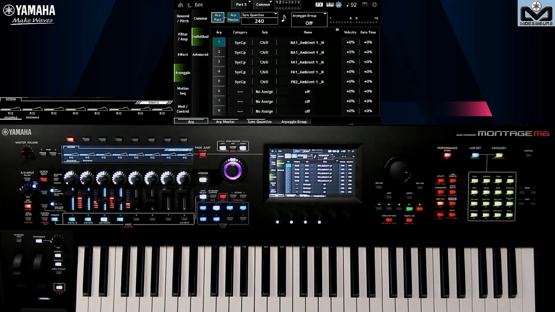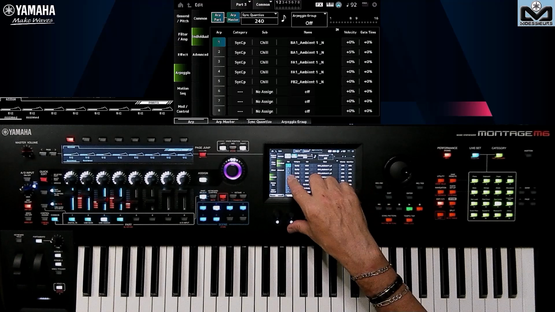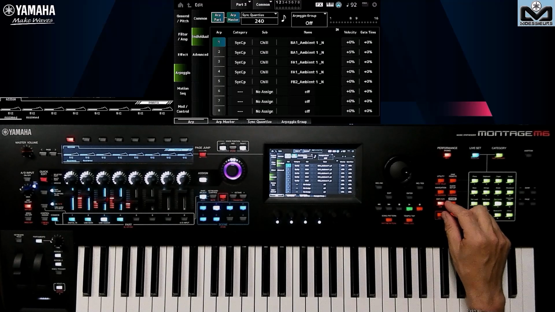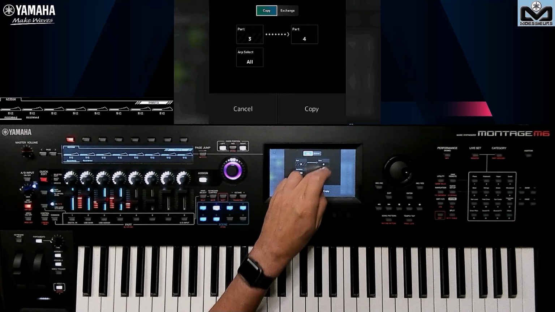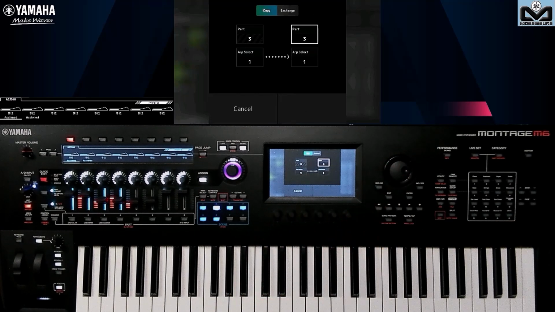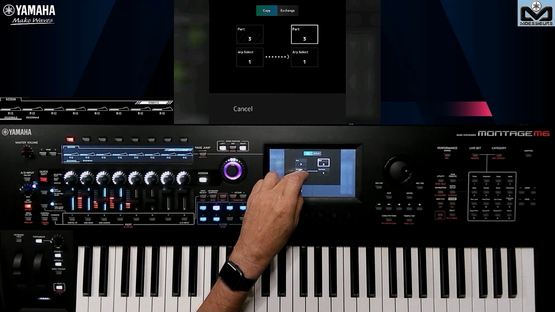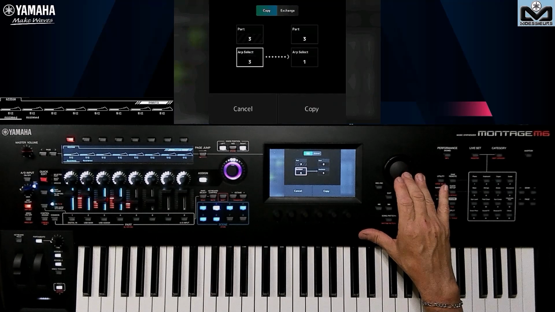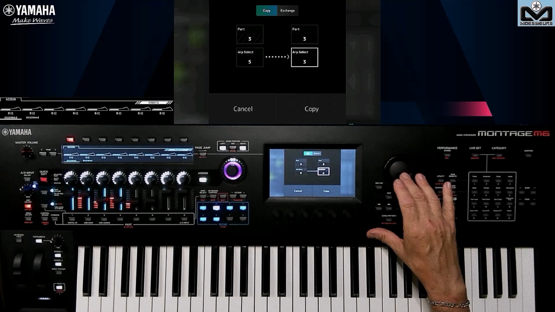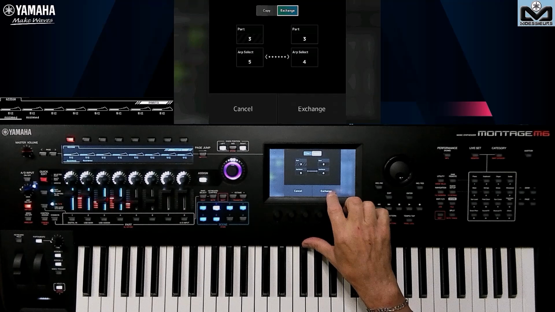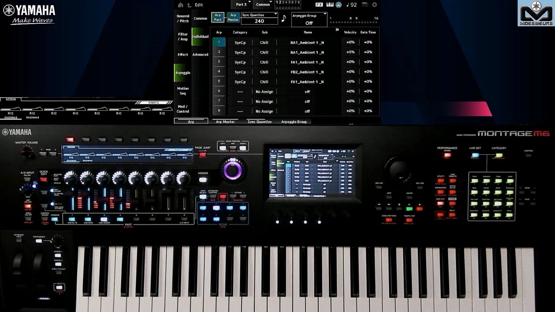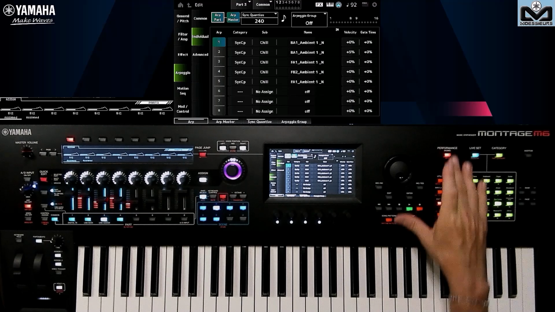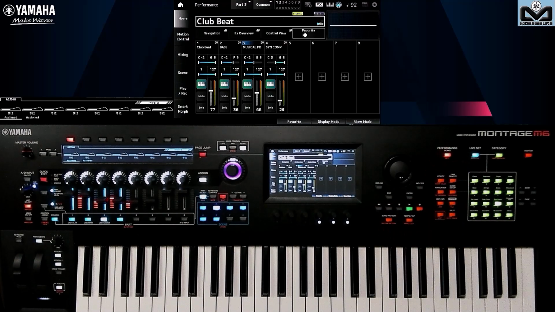I stay on the same part, and here for variation 5, I want it to go to 4, and the 5th to 4th. I'm careful to choose Exchange to swap, and I click on Exchange. As you can see, I swapped FB2 to 4 and FB1 to 5. This is how you can reorder, once you've fully tested your performance. This allows you to reorder from what you had, to get the desired result in your scene memory.